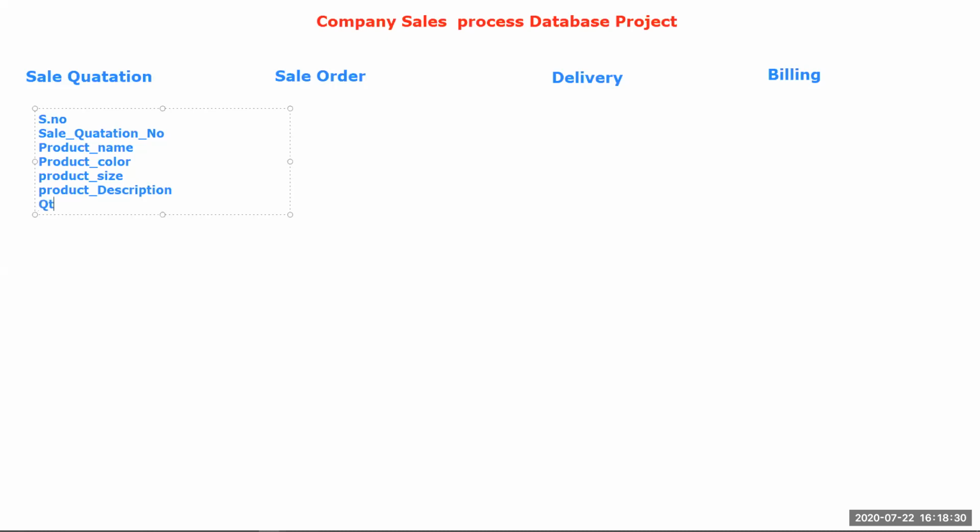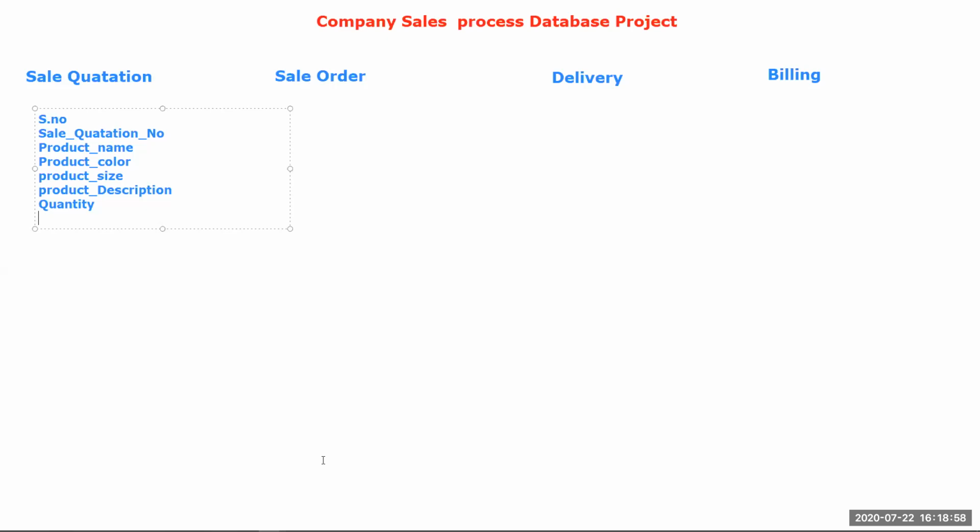And now we have to give quantity. Okay, so quantity for the products. Okay, then single price, single product price, and total price. Total price you have to calculate by using quantity multiplied by your single quantity price.